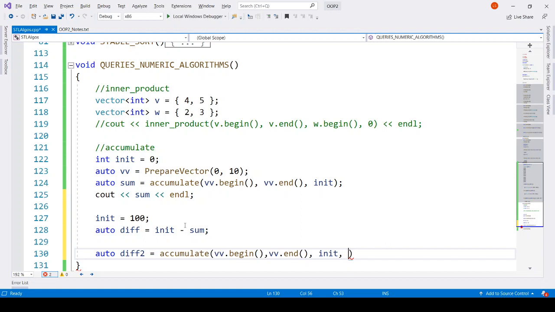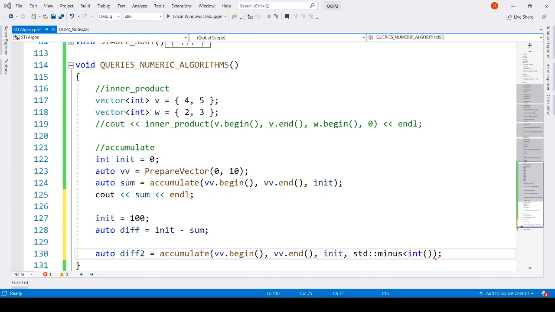So basically that means we want to minus every element from the init value once only, right? So we can pass the calculator as minus for integers, and then we should be good to go.